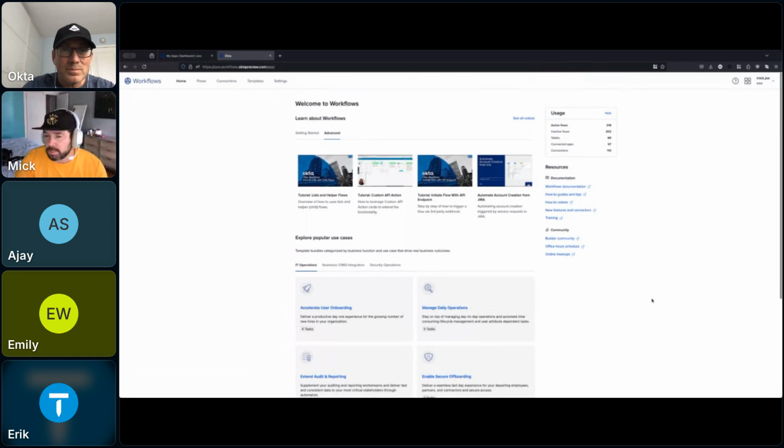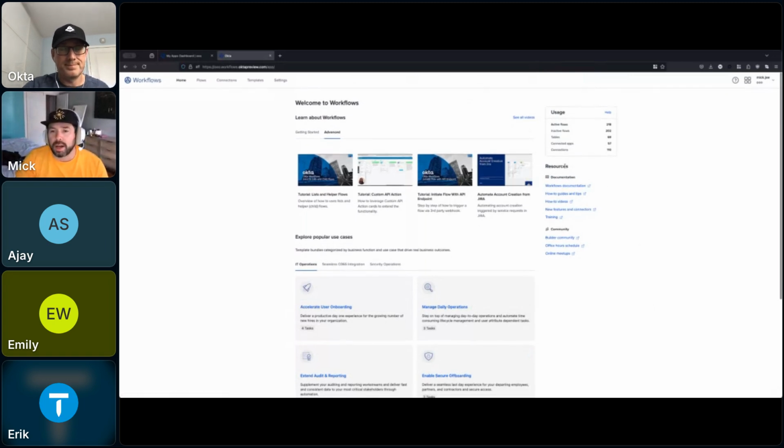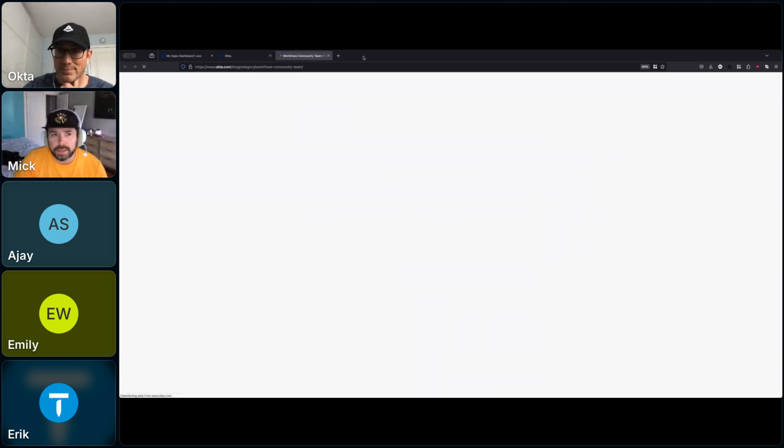And then here, I think, are some super valuable resources. Workflows documentation, I won't bore you with that. That's basically our docs that tell you what each function does, its purpose, the connectors that we have, the actions, things like that. I think some of the meat and potatoes here are the how-to guides.